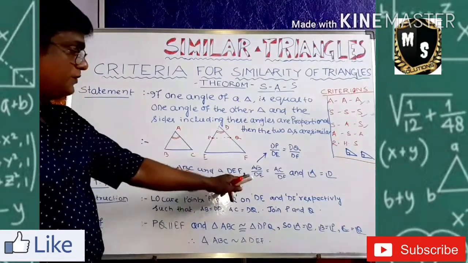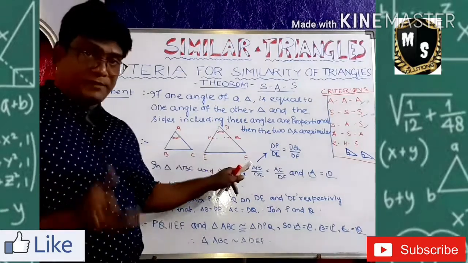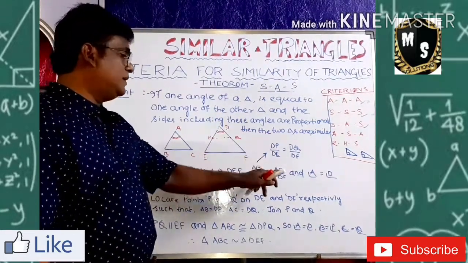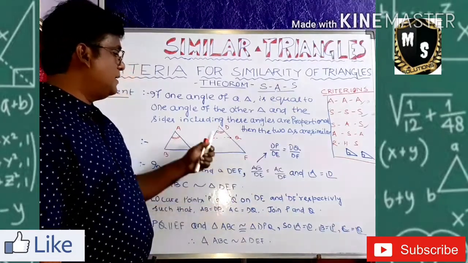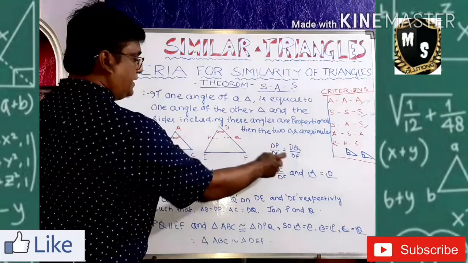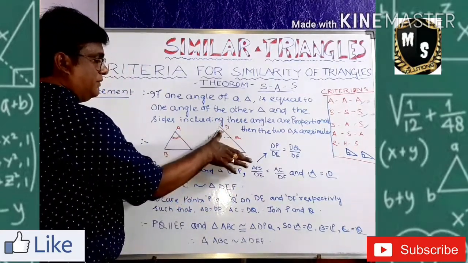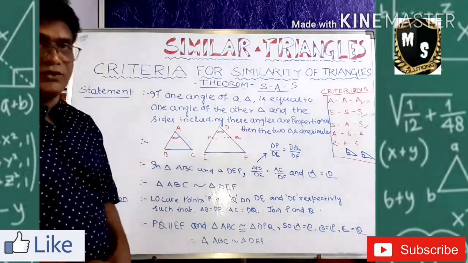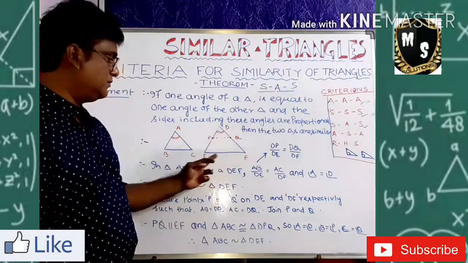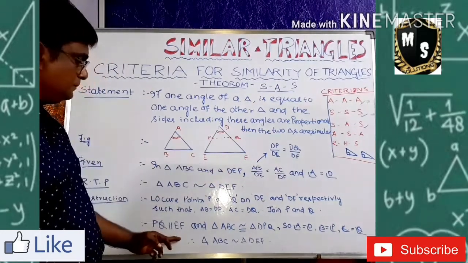So from the given, AB is equal to DP from construction. In every place I put DP and it is DE. Now in the AC place I put DQ and DF. So DP by DE is equal to DQ by DF, small by big, small by big. It is the basic proportionality theorem. For that reason, this line drawn is parallel to the third side. What is the third side? EF. So PQ is parallel to EF now.